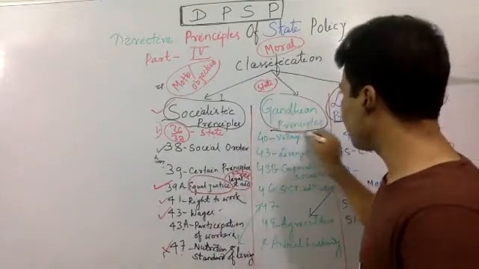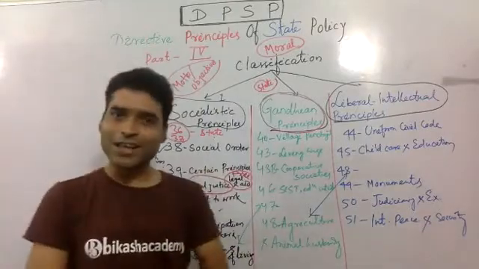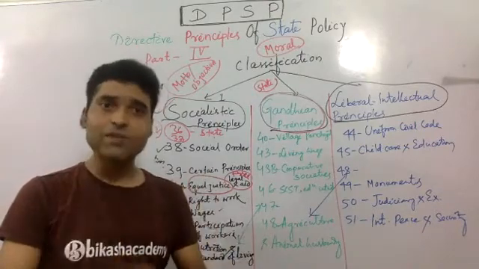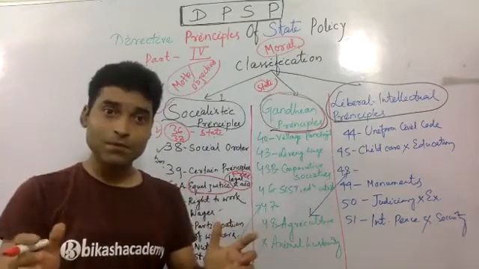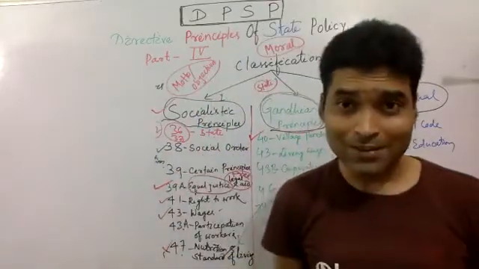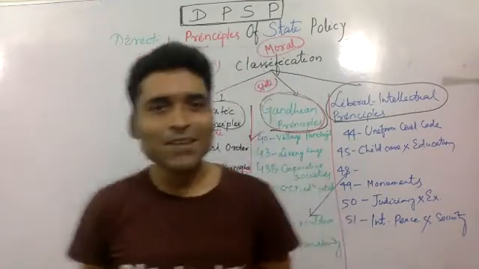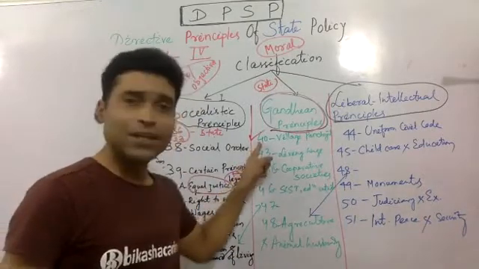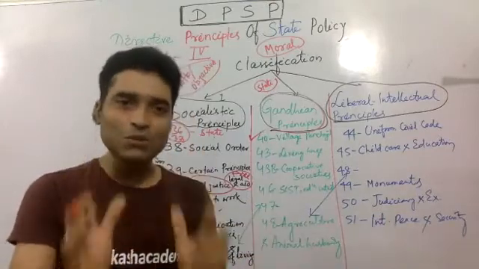And here we are going to discuss the Gandhian principles. As I have told, the constitutional framers have given enough weightage, respect and value to the Gandhian principles, Gandhian ideologies, Gandhian themes, Gandhism. So here is the principle. Article 40 says that there should be village panchayat, and we know for many decades Panchayat Raj was not given constitutional status. However, this Article 40, which talks about the village panchayat, has got the constitutional status only